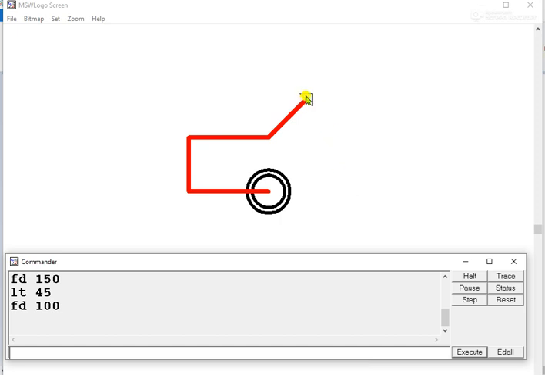But now I want one more horizontal line to draw a roof of my car. Now our turtle is moving towards the left side with 45 degree. So to make it horizontal, we have to turn towards right with the same 45 degree. So it will change its angle, and it is ready to draw a horizontal line again. So FD 150 is our next command.